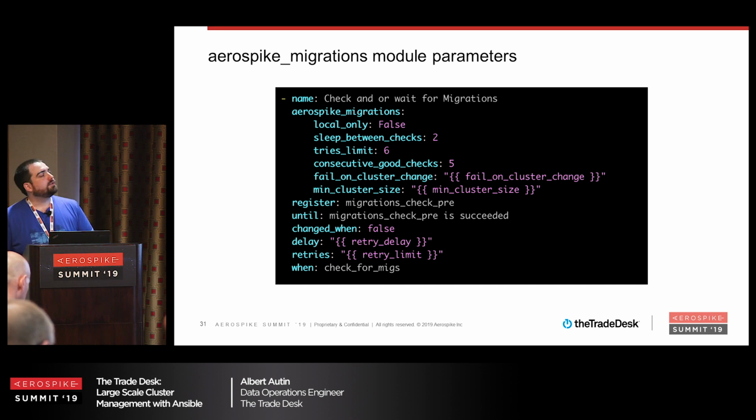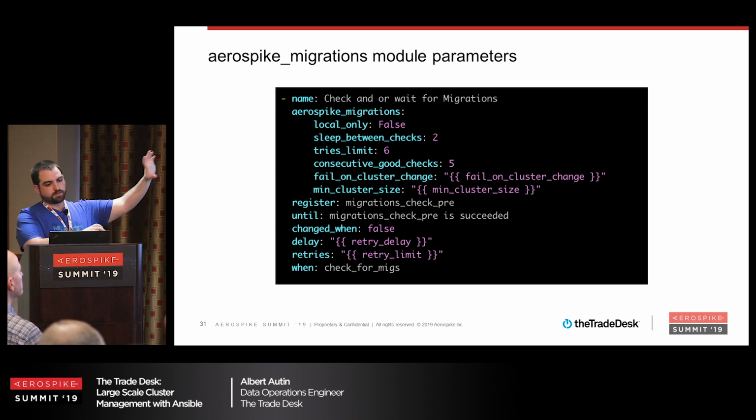So I want to go a bit into the Aerospike migration module. Again, this is going to be present in Ansible 2.8 and forward. This is what it looks like if you're using it. So this is how you would implement it into your own playbook when you're writing your list of tasks for Ansible to perform. You can put it in the playbook before you take Aerospike down, check to make sure that